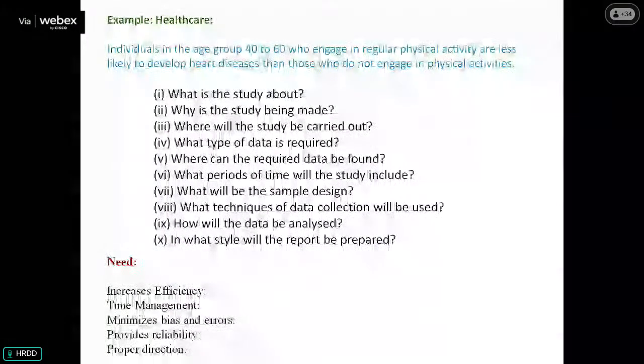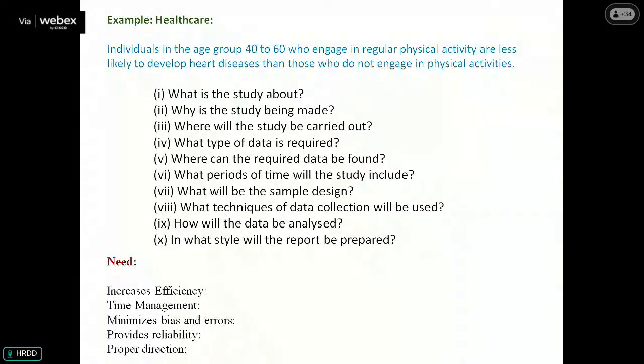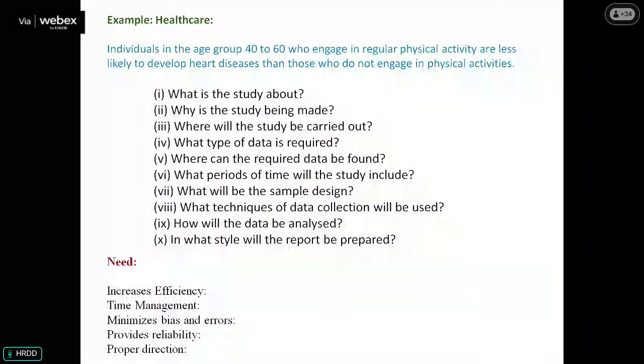Say suppose in healthcare, individuals in the age group 40 to 60 who engage in regular physical activity are less likely to develop heart diseases than those who do not engage in physical activities. This is the general hypothesis I made based on my literature survey, prior experience, like we discussed. Now, I have to prove it. So